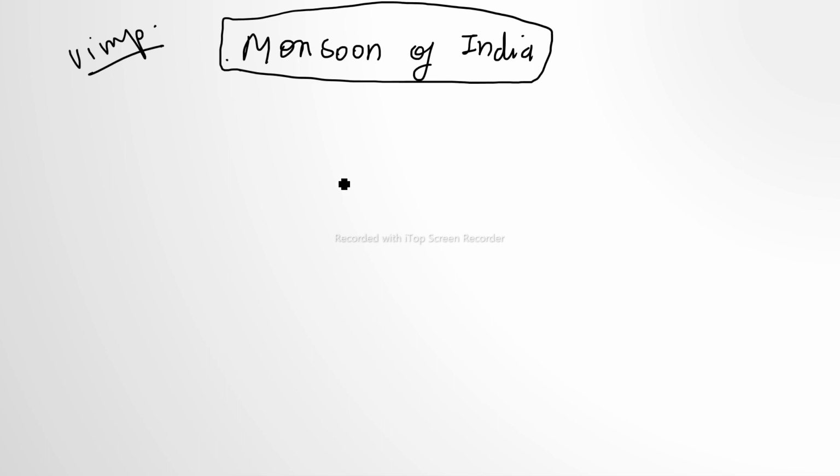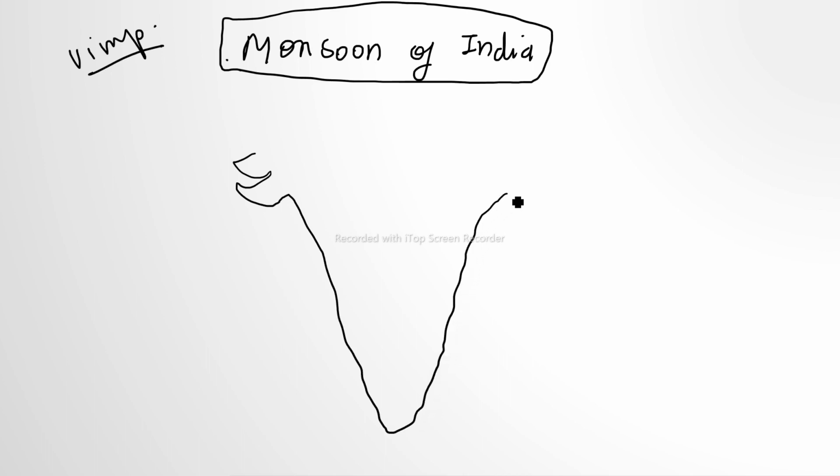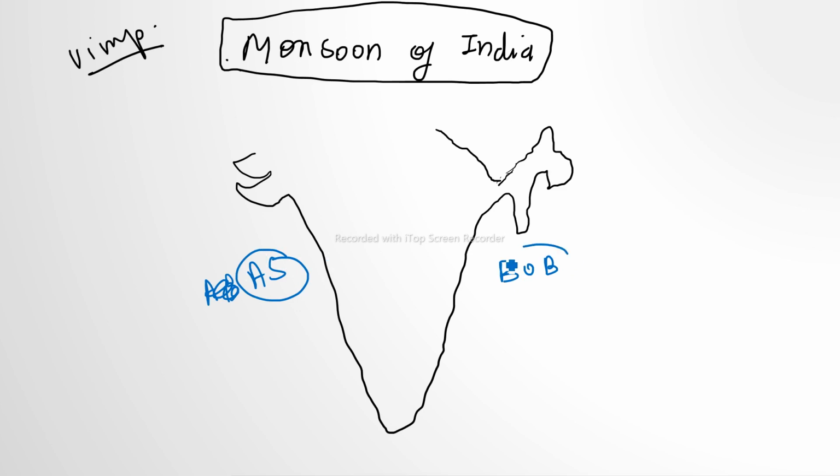What is happening? I'll explain how rains are happening in India. What is the phenomenon? So I'll make a rough map of India again. This is your southwestern area, northeastern area. So this is a rough map. Now what is happening is the rain phenomenon. How are rains coming? So there is a branch, I'll write it here. Arabian Sea is here, Bay of Bengal is here.